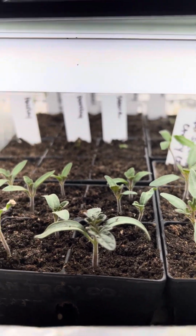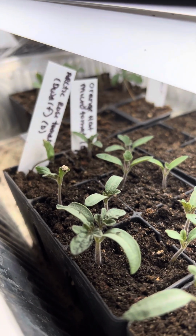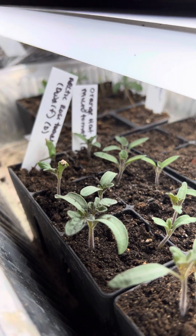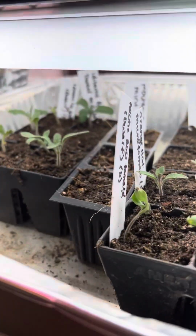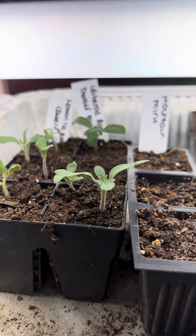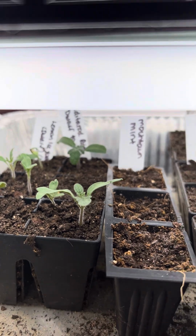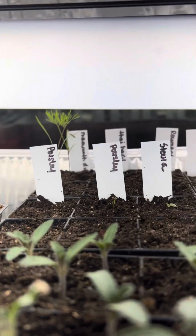They grow really fast. Over here, we have 2 types of micro dwarf tomatoes, which look amazing. I thought about thinning those, but I think I'm just gonna split them because they're pretty rare seed. Now over here, we have the other micro tomatoes, which also look good and healthy. Towards the back, you can see stevia